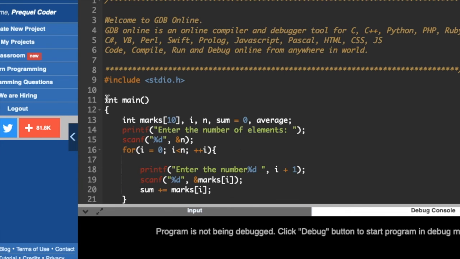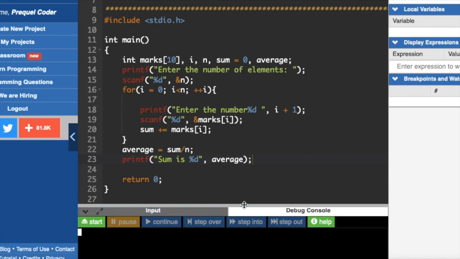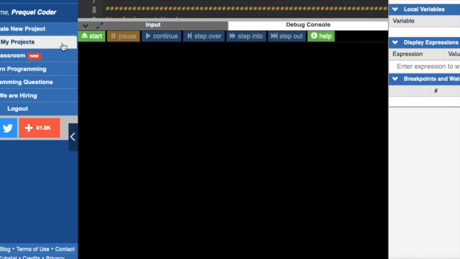Let us recheck the code and see whether there are any errors in our program. Hash include stdio.h int main. Yeah, there are no errors in my code. Let me just compile and see my output. Okay, yeah, there are 0 errors in my code.